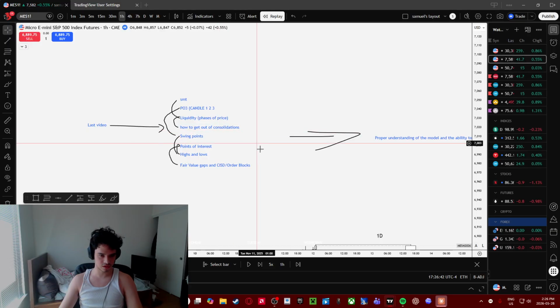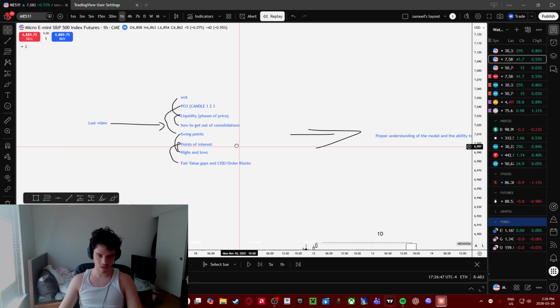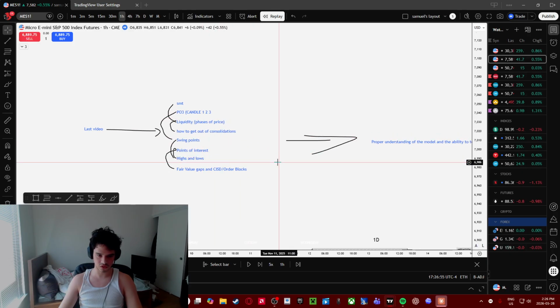So you get out of the consolidation, trade into your points. Use points to your advantage. Points of interest applies to this, and this. Highs and lows applies to this. Highs and lows applies to liquidity. Highs and lows applies to point of interest. This all applies to one and the same, to be honest. But yeah,